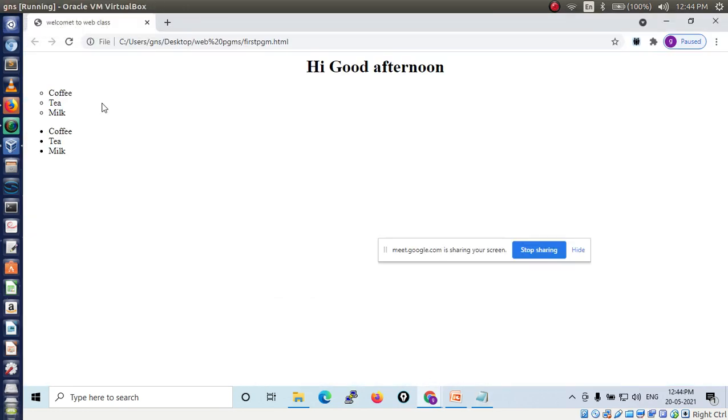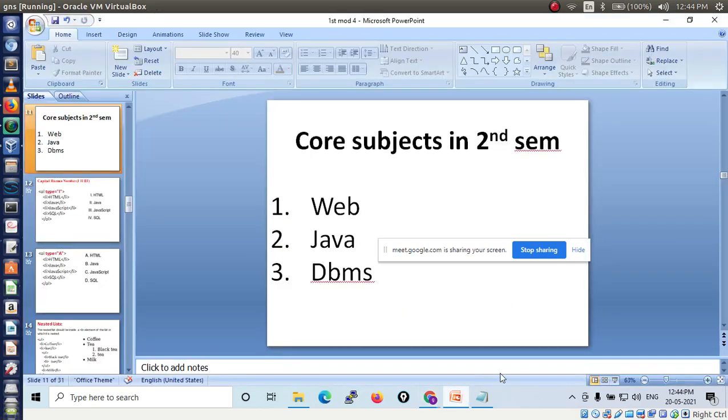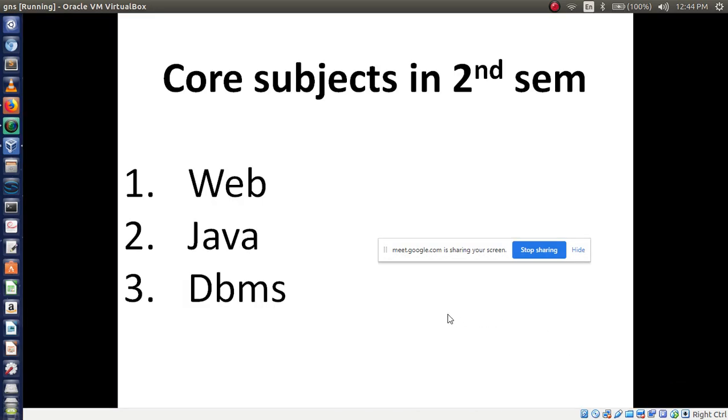See, previously I used UL tag by default, but now I am using OL tag. If I use OL tag, what will happen? Instead of displaying bullets, it will display the numbers. See, numbers are displayed 1, 2, 3. How is it displayed? Based on OL tag. O means order, L means list, order list. Is that clear, everybody? Have you seen the output? Yes sir. Okay.